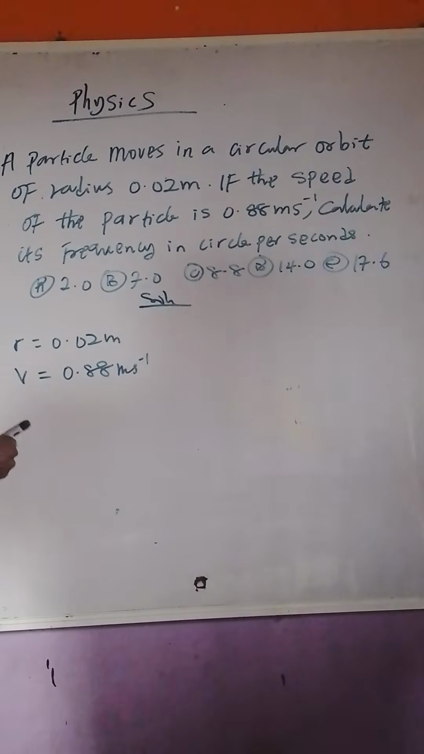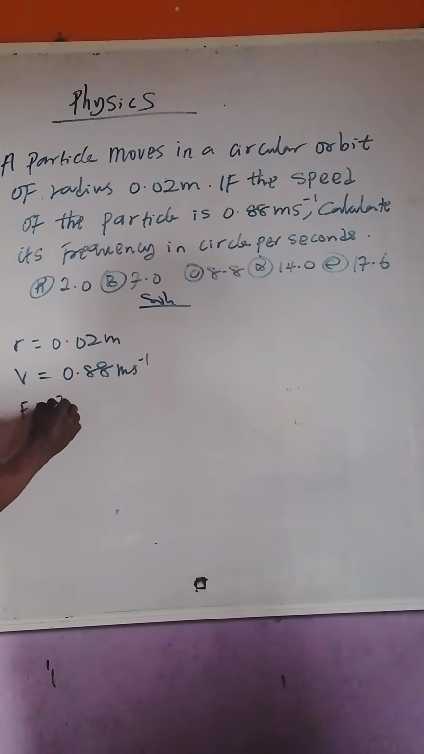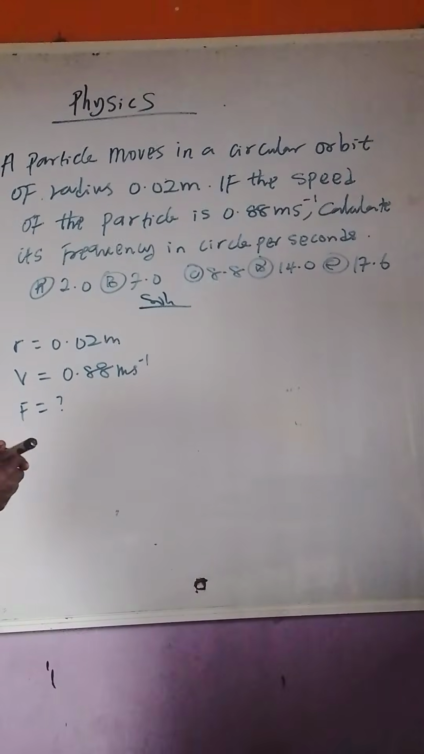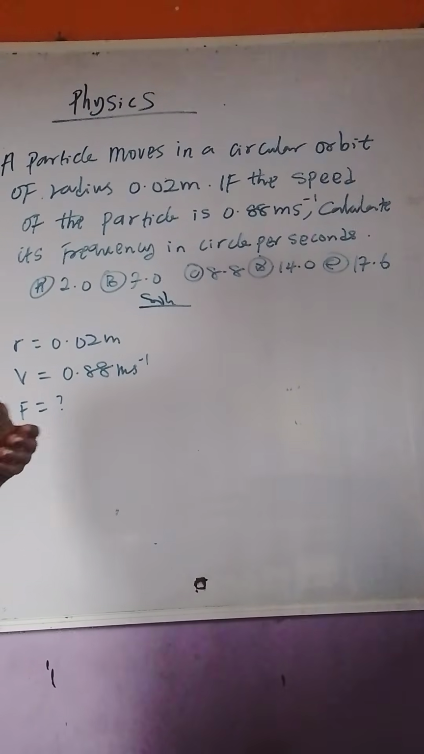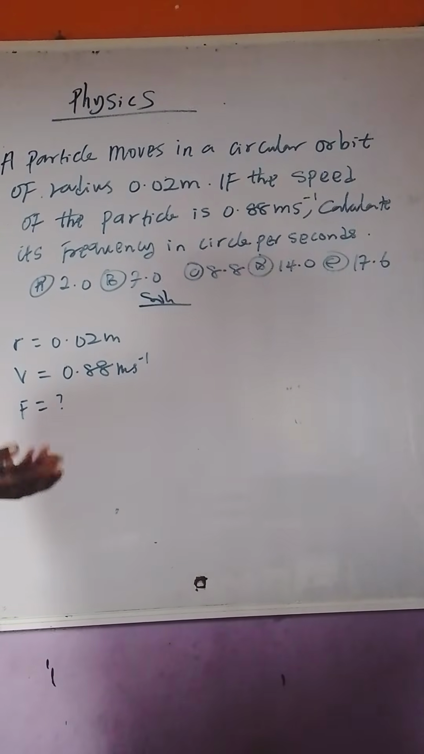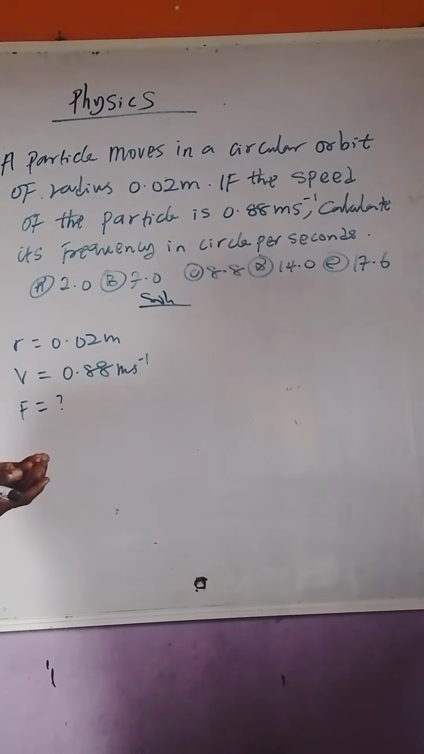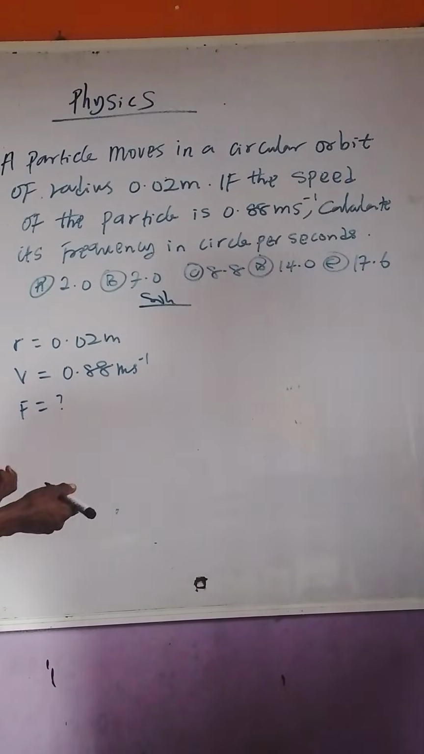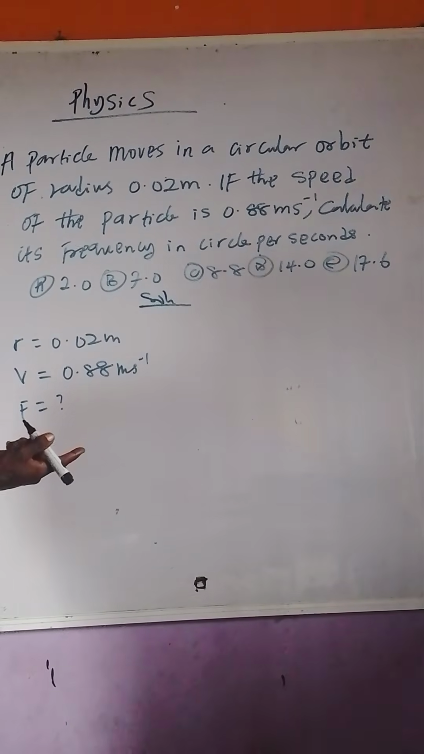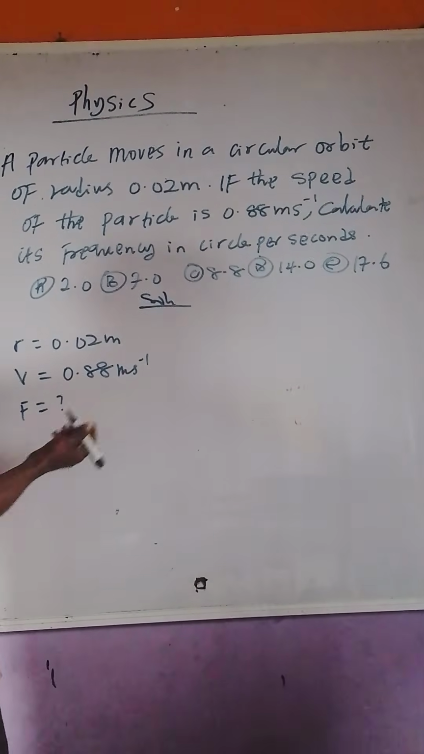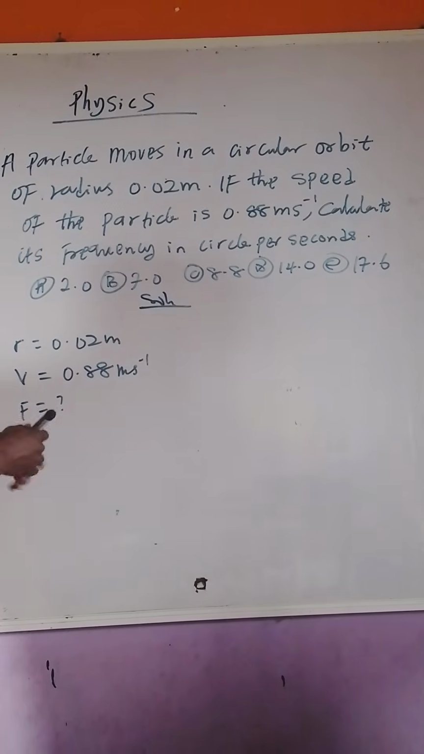Now, we are not given the angular speed. I want you to know that from the angular speed we can get the frequency. We are also not given the period. If we were given the period, we could easily get the frequency. So let's try to solve it now. From our formula for speed,